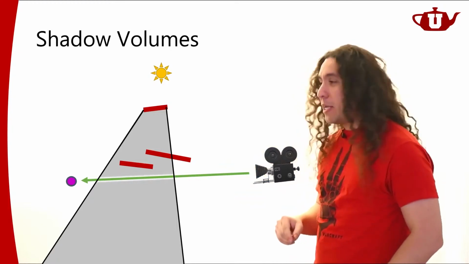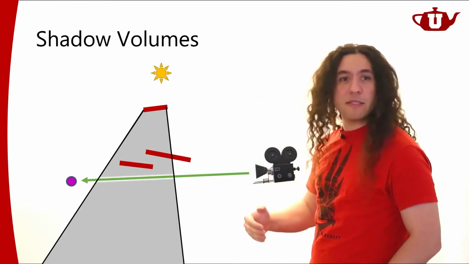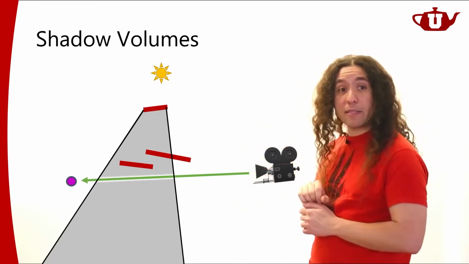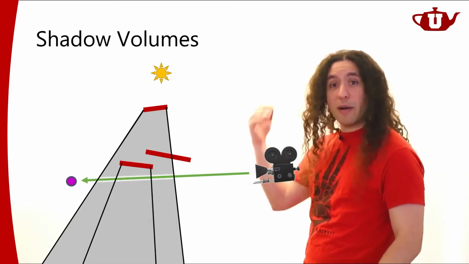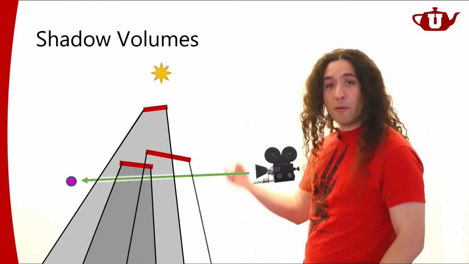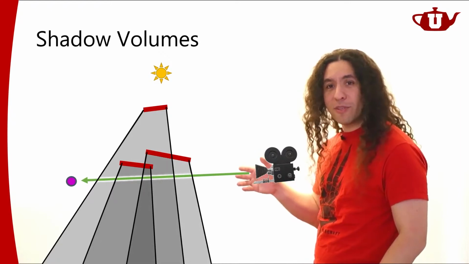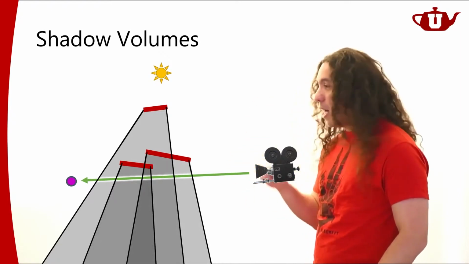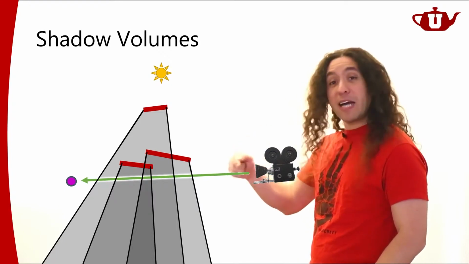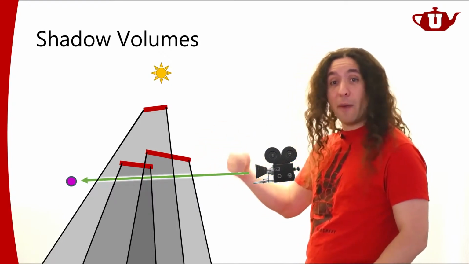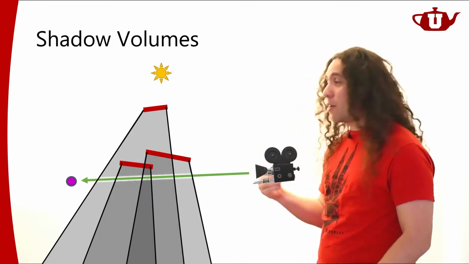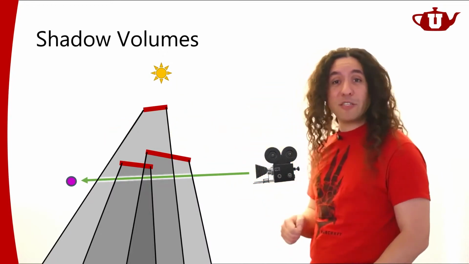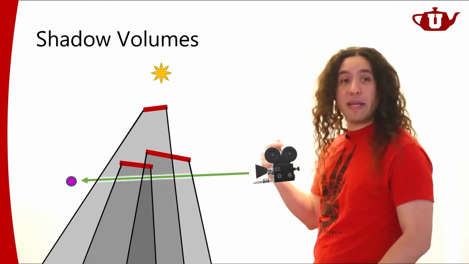So all I've got to do is render these shadow polygons from the camera's perspective. I'm just rendering these polygons onto my image, and they automatically form these shadow volumes. For each pixel, I'm counting how many times I enter a shadow volume and how many times I exit a shadow volume. So if I exited all of the shadow volumes that I've entered, the point is not going to be in shadow. If I haven't exited all of them, it is going to be in shadow.